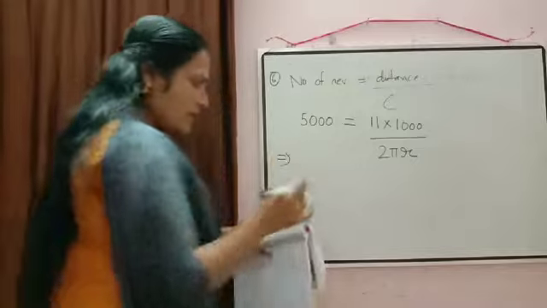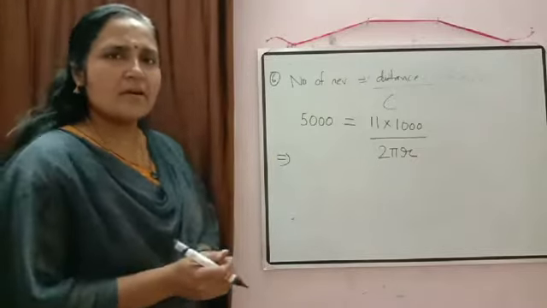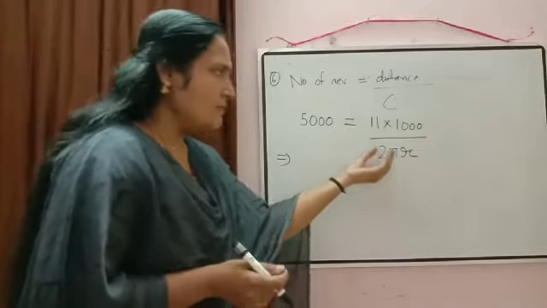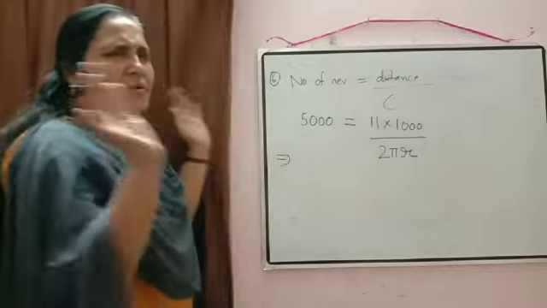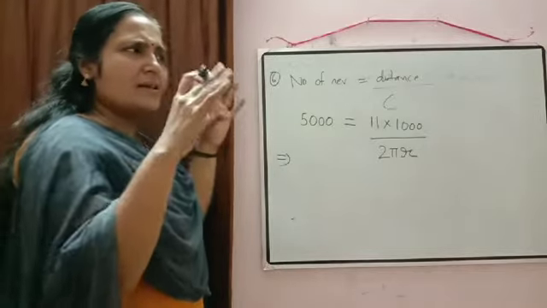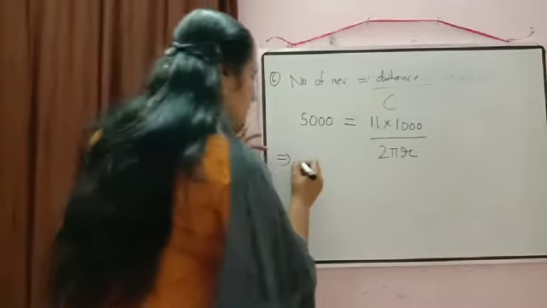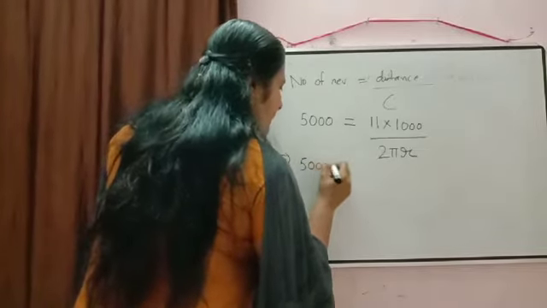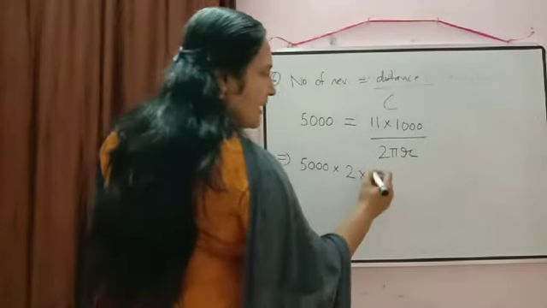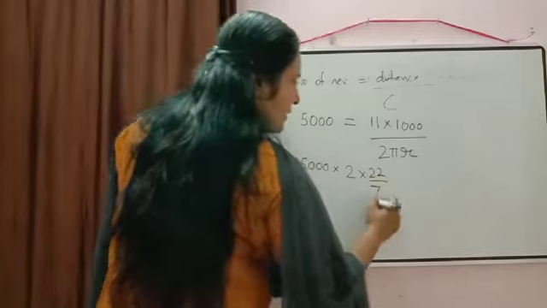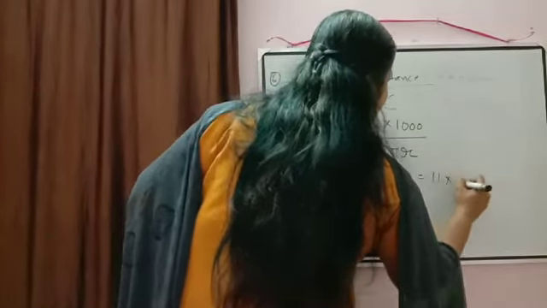Now what do we have to calculate? We have to calculate the diameter. So first we can calculate the value of r. Now what will we do? We will shift this 2 pi r to the left hand side first. At present, don't do any calculation. At last, when we arrange things properly, then we can start our calculation. So here it will be 500 into 2 pi r. In place of pi, I am substituting the value 22 by 7 into r is equal to 11 into